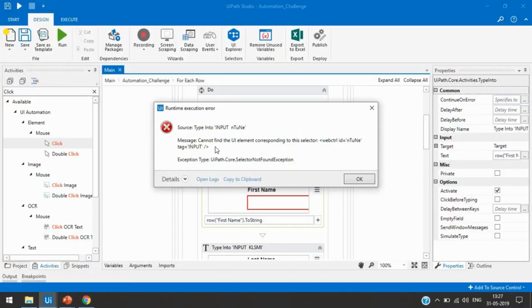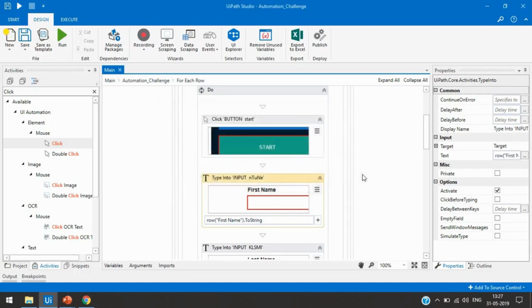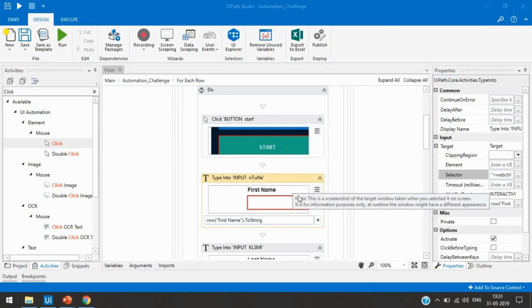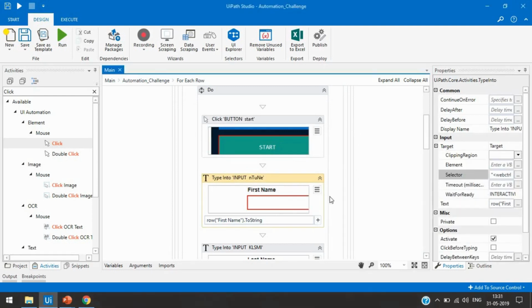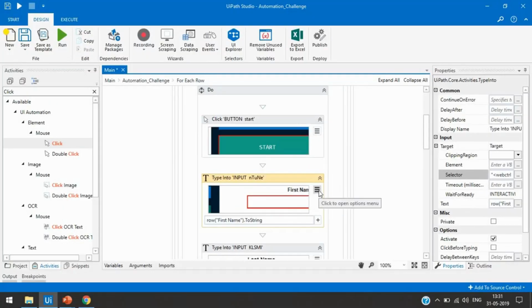So here we are getting "cannot find the UI element corresponding to this selector," web control and tag input, right? So we can fix this by making changes in the UI Explorer tool. So for first name we need to indicate on the screen again, and then we can edit the selector here.